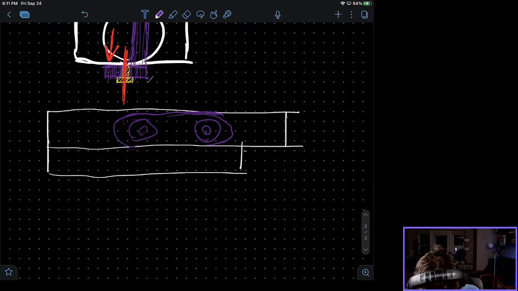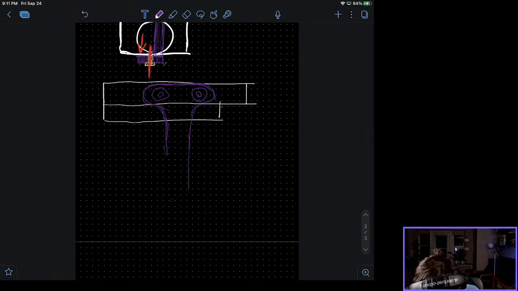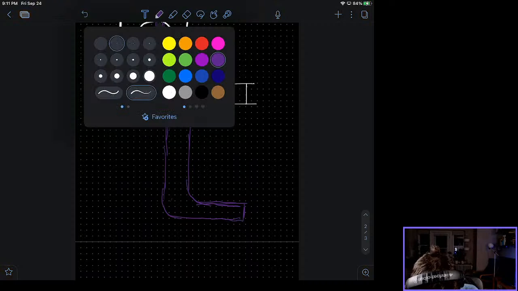And again, that's the holes for the mount. And this goes down like this, comes down, and finally makes a turn underneath like that for the camera. Again, proportions are not great here, but this is just to illustrate what I'm talking about.